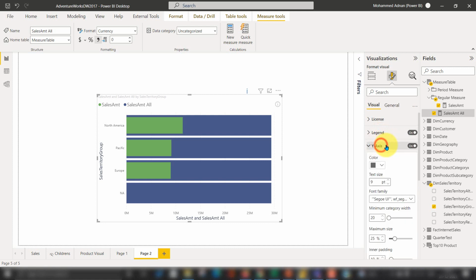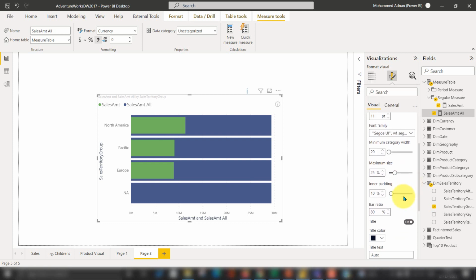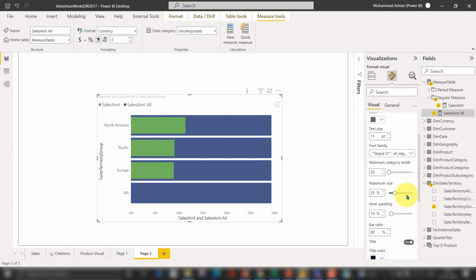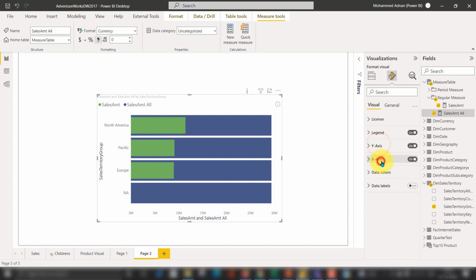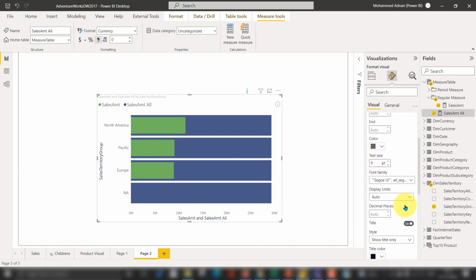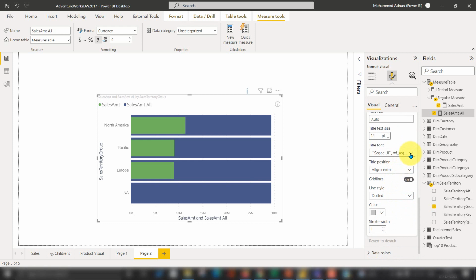All right, and the y-axis which we have here is the one where we can change the size. We can select the font here, category, and everything looks good, right? Regular visuals, what we have here, the default one. Almost all the options are the same here. And if I go to the x-axis here, then it is also showing me this value here, and also everything is the same here. Got it.